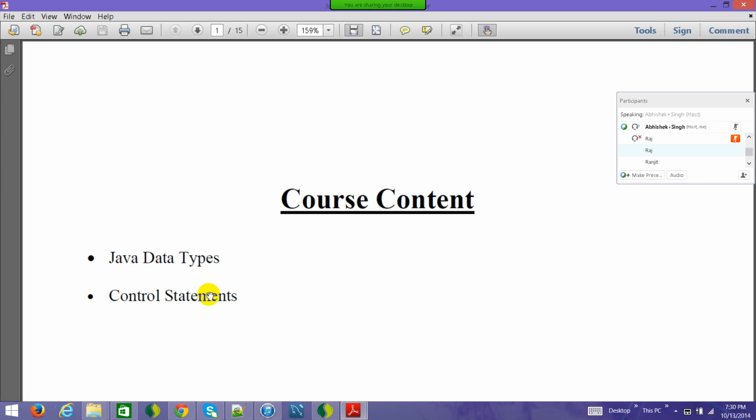And the second thing which we are going to discuss is control statements. Control statements are nothing but, say if I'm writing a program, I need to execute certain things, right? There may be some decisioning logic, like if my salary is greater than 20,000, add bonus as well. Or if my name is Abhishek, then grant me the entry. Or if I'm the admin, do this. So there can be various if else logic, or decisioning logic, so branching statements. They are nothing but the control statements. We'll discuss them and see what all things are out there.